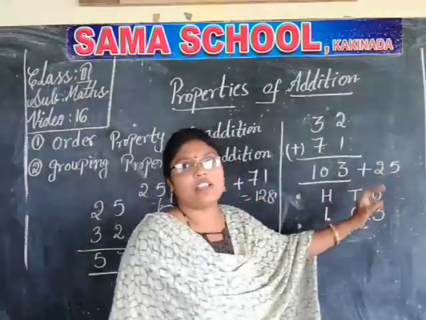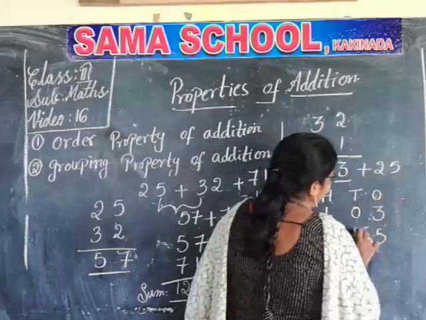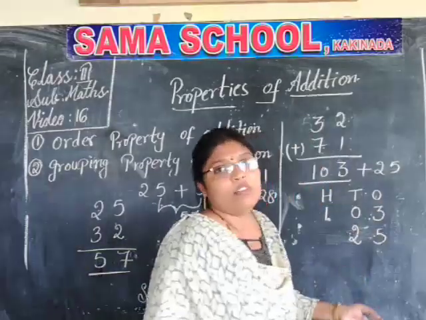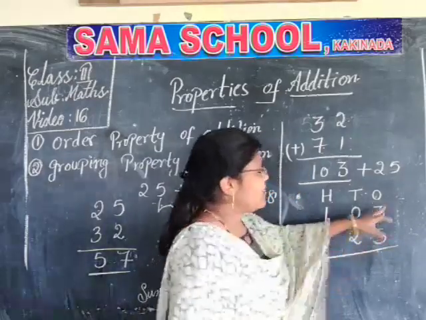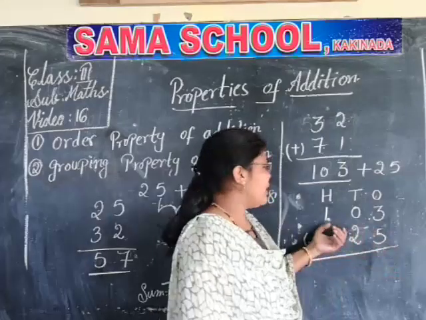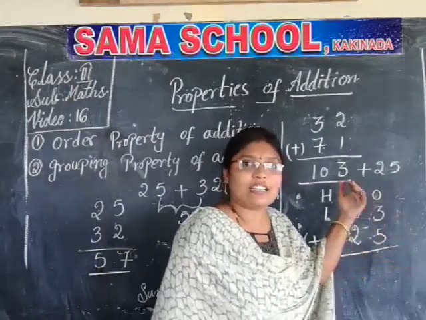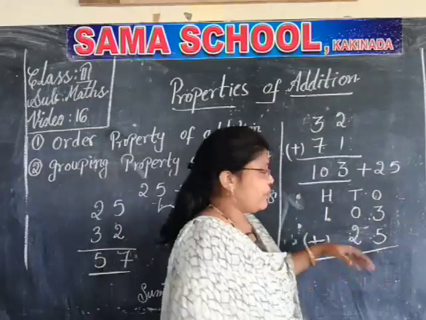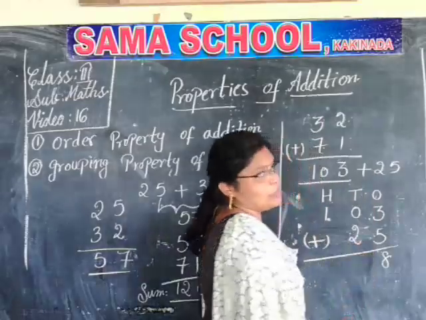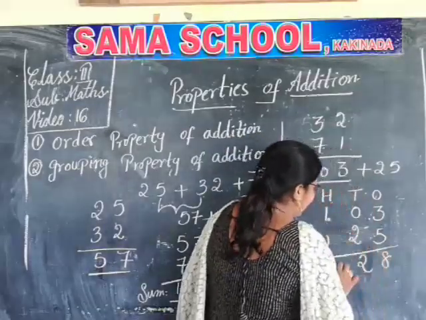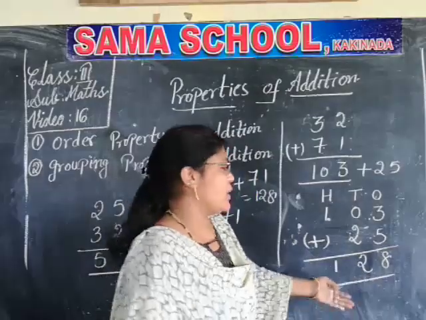How do you have to arrange the numbers? You have to arrange from the rightmost place, that is from ones place. So 5 here and 2 in tens place. Now add these two. I told you the right side numbers must be equal. If we write 25 here, the right side is not equal, so we can understand that our arrangement is wrong. Okay. 3 plus 5 is 8. 0 plus 2 is 2 and 1. So what is the sum? 128.